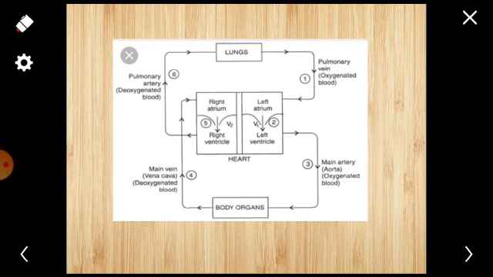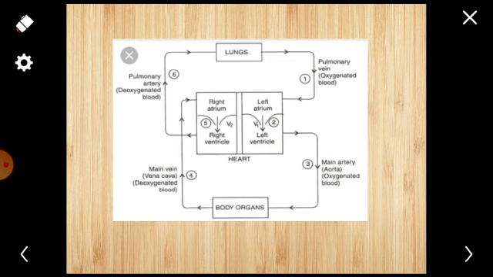As the left ventricle contracts, the oxygenated blood is pushed into the main artery called the aorta. That means when the left ventricle contracts, this oxygenated blood is sent through the aorta to the whole body. The aorta carries blood to all the parts of the body.